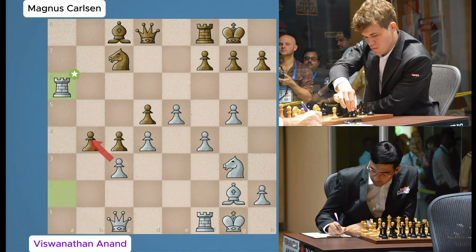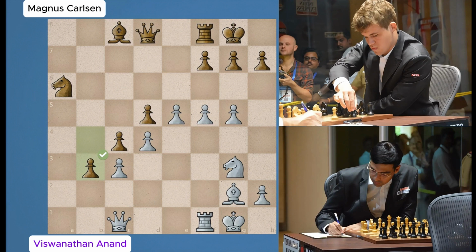Rook takes a6. Knight takes a6. f5. b3. It takes enormous confidence to make a move like this against an attacker as gifted as Anand. Queen f4.